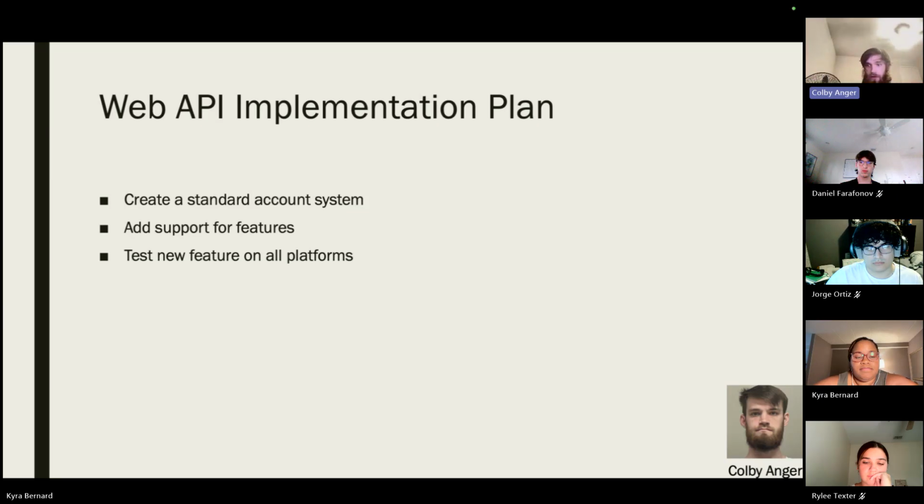Now, if there are issues across all platforms, we can sort of point the finger at the web API here, considering it is the main control center for every platform. If there will be an issue, it should be reflected on all available platforms. This will make that debugging and diagnostic process much faster to figure out, and that way we can keep moving forward on feature development, and nobody will be blocked unless they are the root cause behind failures within the application. And we can move on to the next slide.